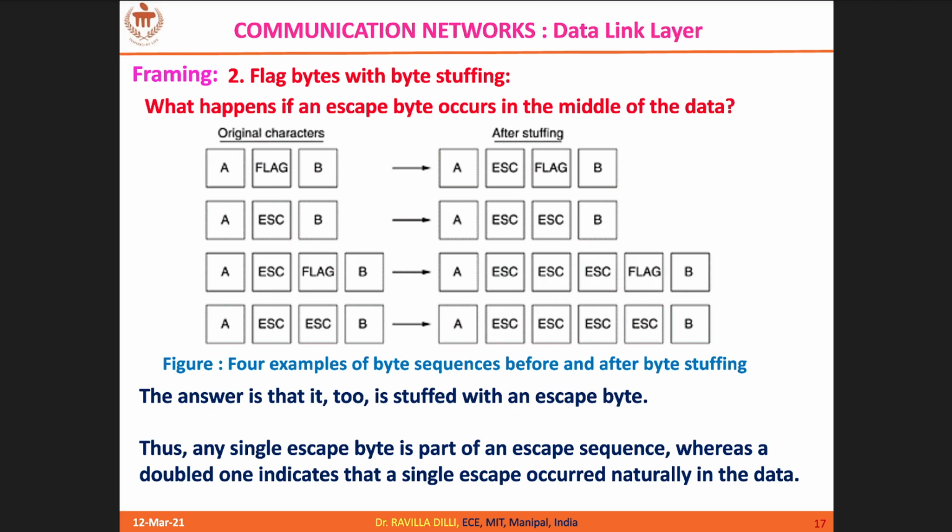In the third situation, you can see both escape and flag are part of data. No matter what, you just have to precede both by the escape character. That means the escape character is preceded by escape, so you will get two escape characters, and the flag is also preceded by escape. So third escape followed by flag. And if both are escapes, also no issue. You have to precede with one more escape for each, so altogether you will get 4 escapes.